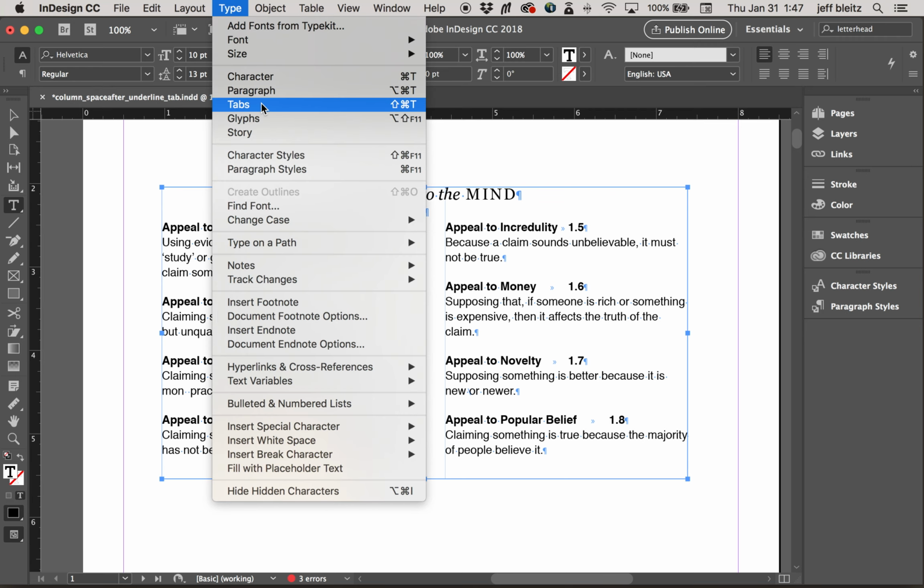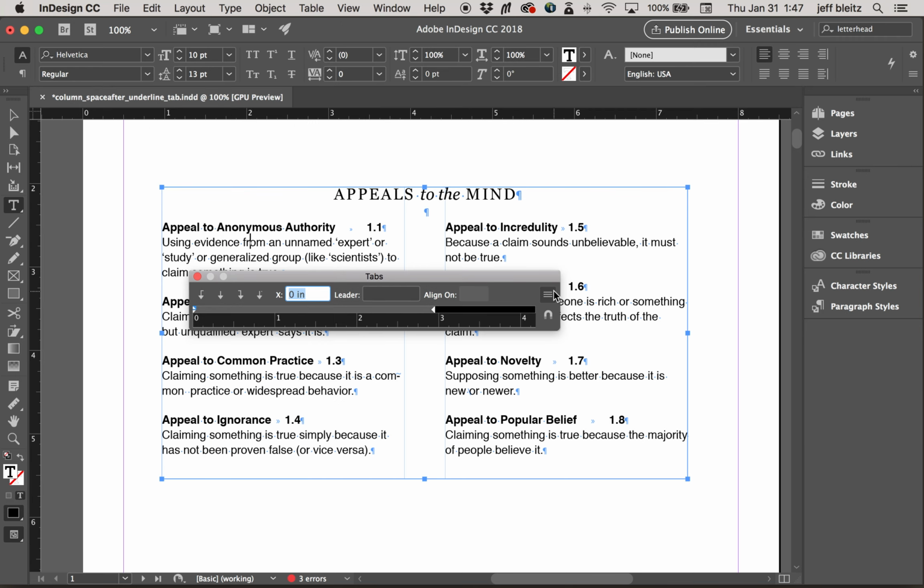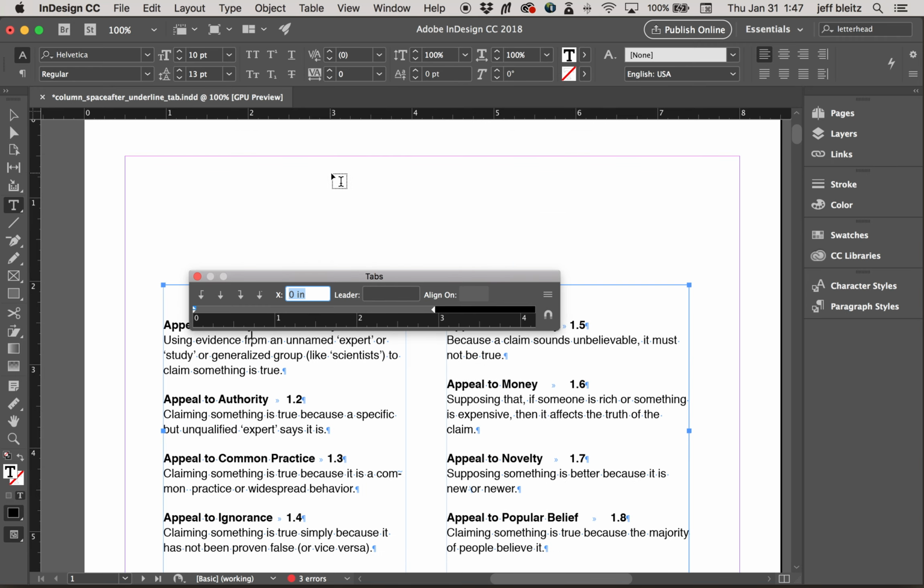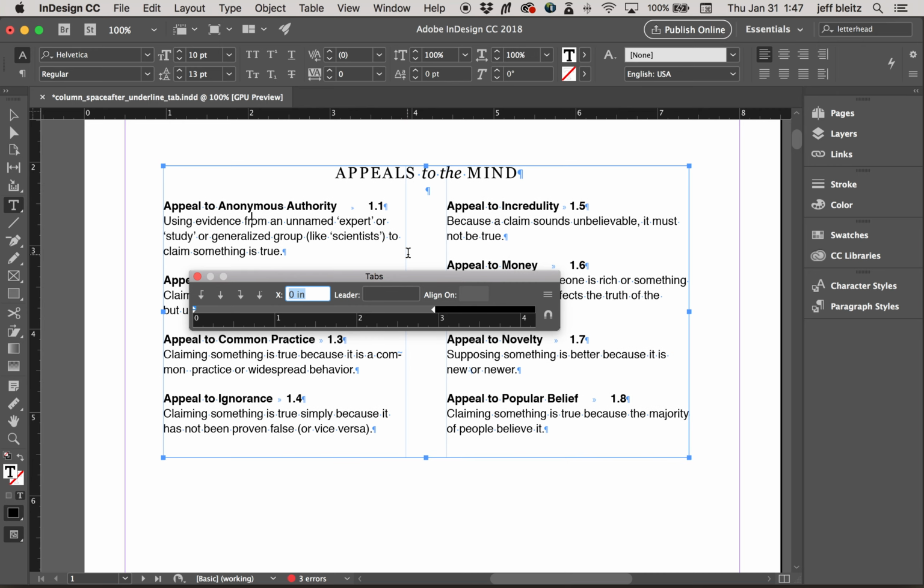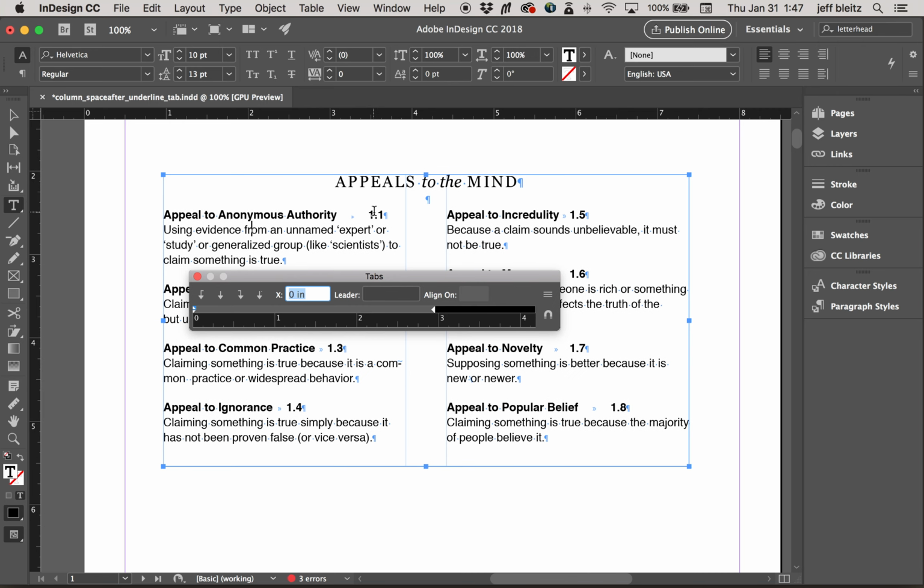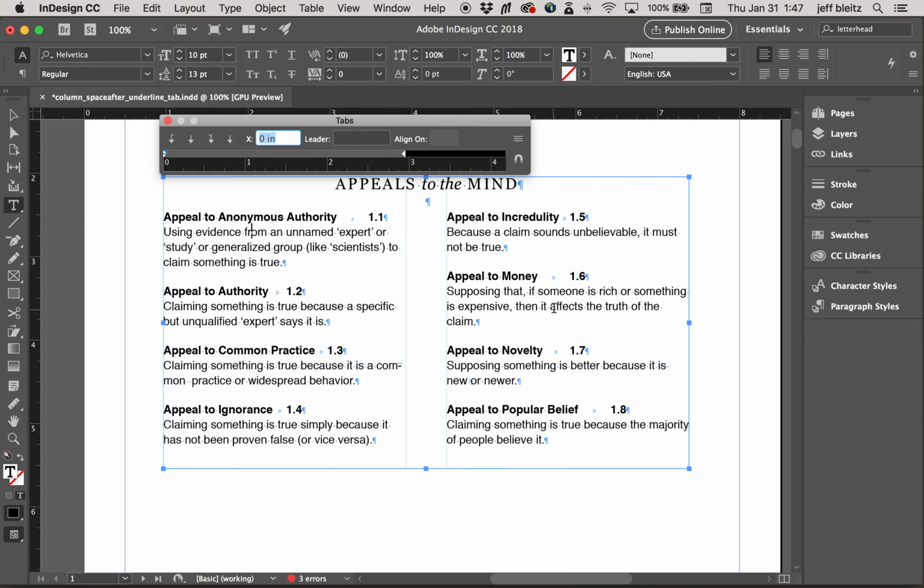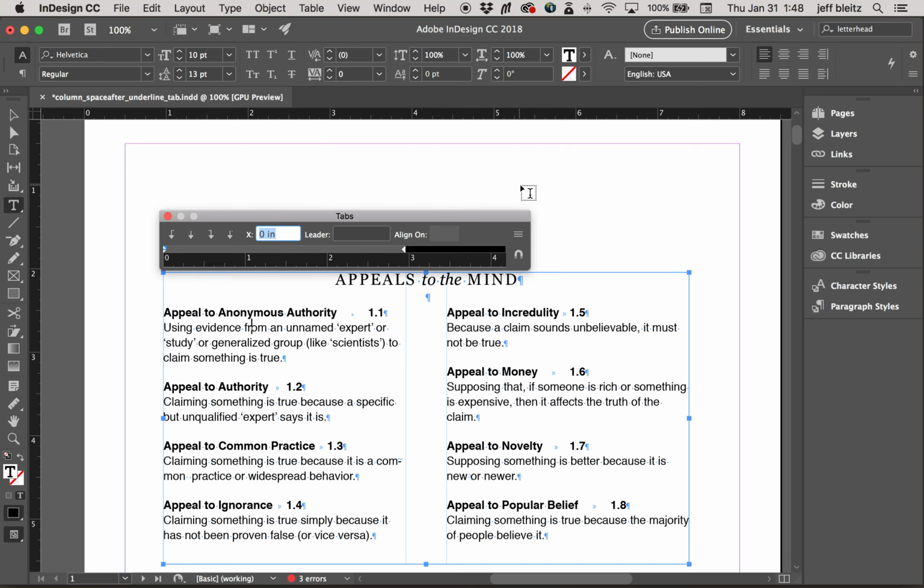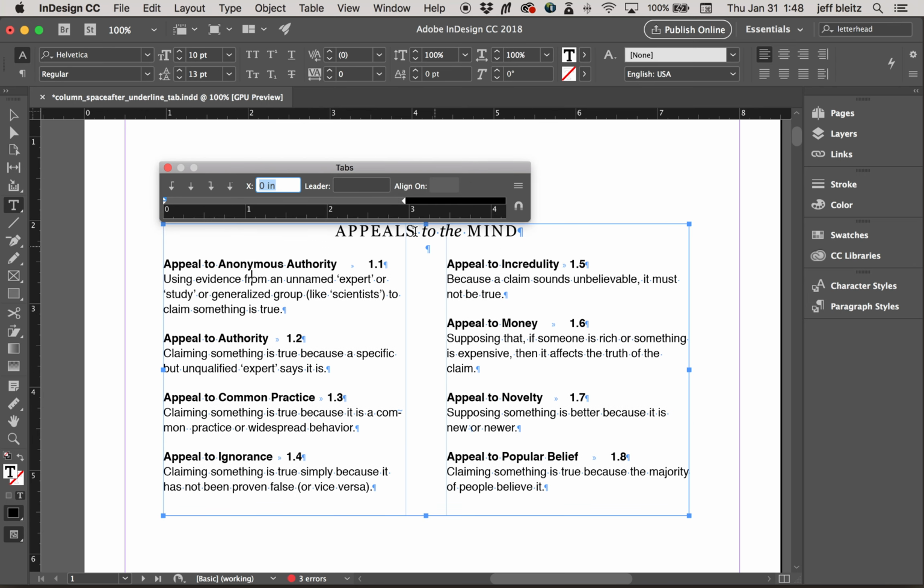can go to type tabs, and this tab window will appear. Now there's this little magnet icon in your tab window, and if I click on it now, nothing's happening because I can't see the top of my text box. But as long as the top of your text box is visible in your document window, if you click that little magnet, it will snap the tabs right to the top of it. That way, what I'm looking at in terms of placement area for the tabs is lined up exactly with my